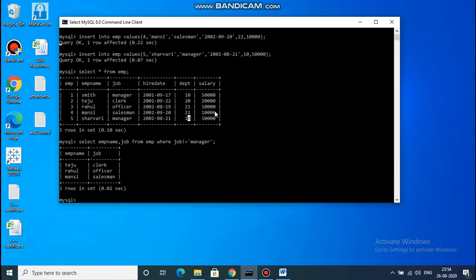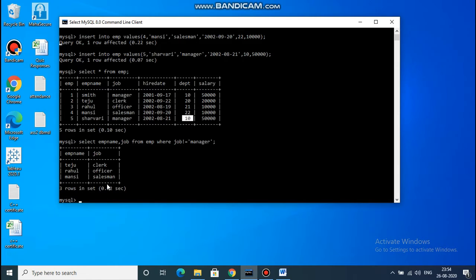So we have to display the name and department number whose department number is 10. That means employee name Smith having department number 10 and employee name Sharwari having department number 10.